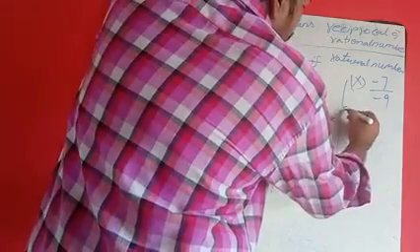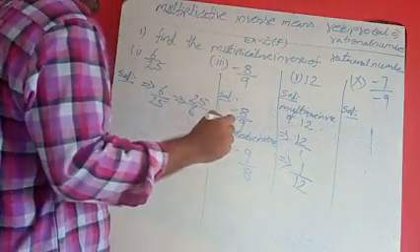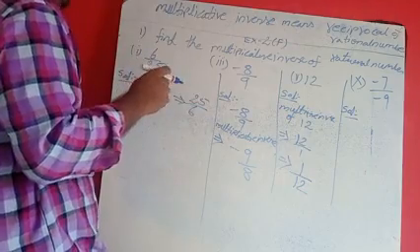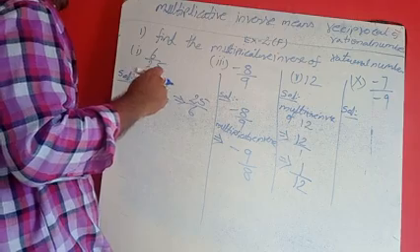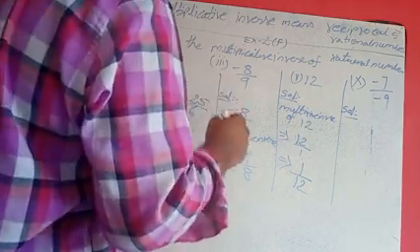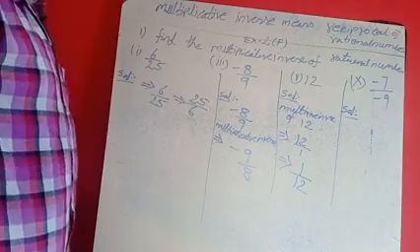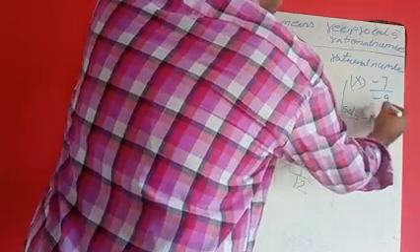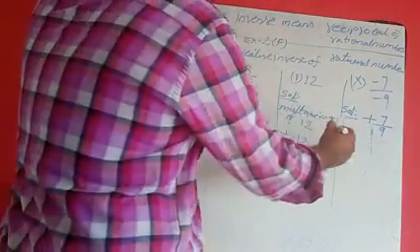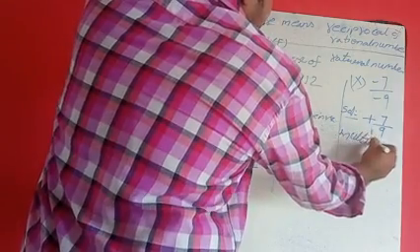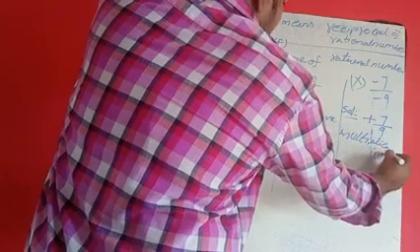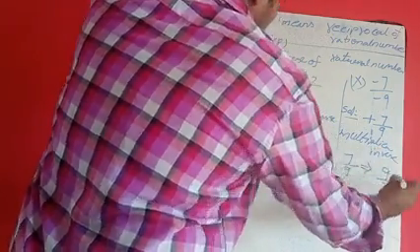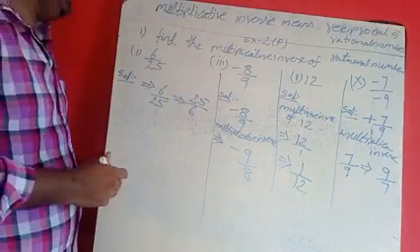minus 7 by 9. Solution. According to the rational numbers, the denominator should not contain the minus value. The minus value we have to give to the numerator. How to give it to the numerator? By doing multiplication. Minus into minus is plus. I am doing that. Minus into minus is plus 7 by 9. Now we write the multiplicative inverse. What is the multiplicative inverse of 7 by 9? It is 9 by 7. This is the model of multiplicative inverse.